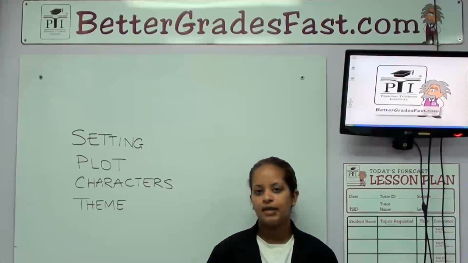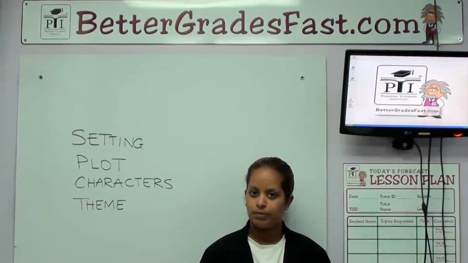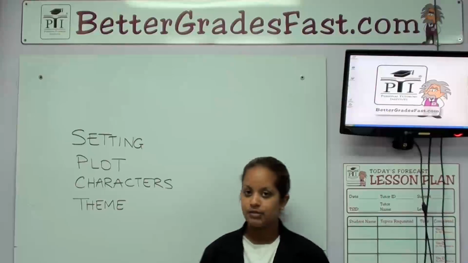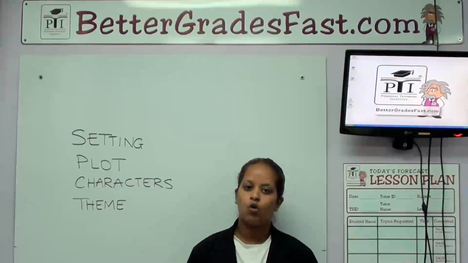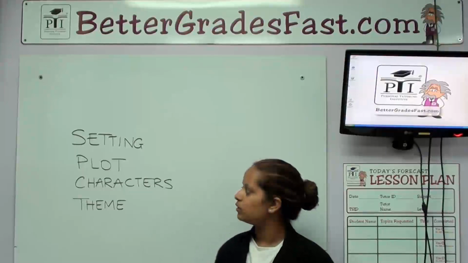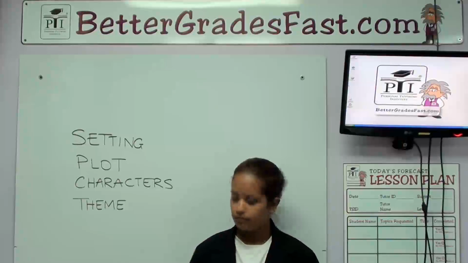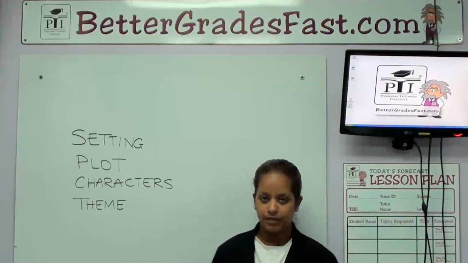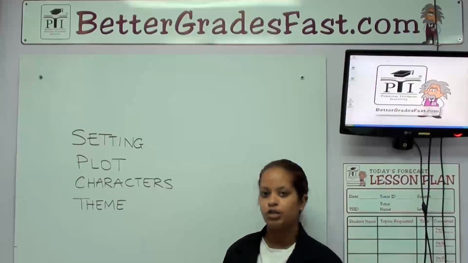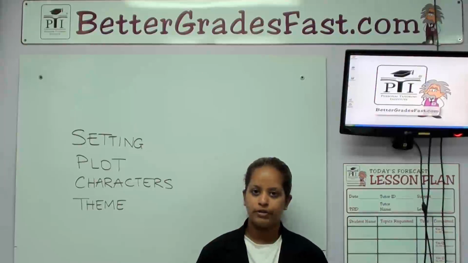Remember, these 4 main considerations for your story writing must be done before you actually begin to write. This means that you must determine your setting, which is the place or a description of it. You must also determine your plot, which is the actual storyline. You must determine your characters, who are the people participating in your story. And finally, you must determine your theme, which is the main idea, an abstract noun, that encompasses your whole story.